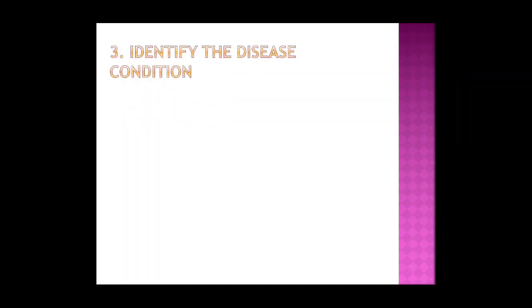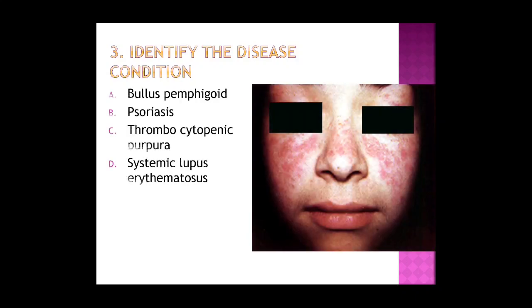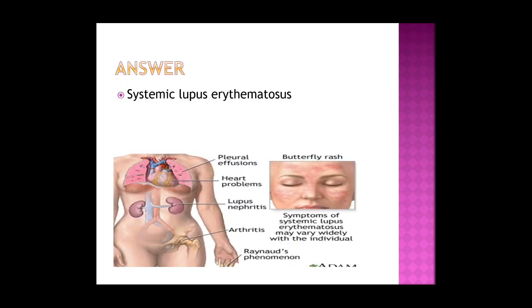So third question, identify the disease condition. Options: bullous pemphigoid, psoriasis, thrombocytopenic purpura, systemic lupus erythematosus. Answer: systemic lupus erythematosus. SLE is a chronic autoimmune disease which is characterized by the production of unusual antibodies in